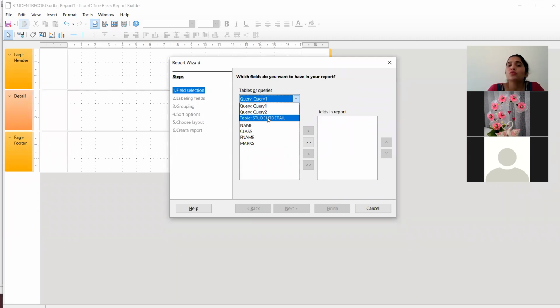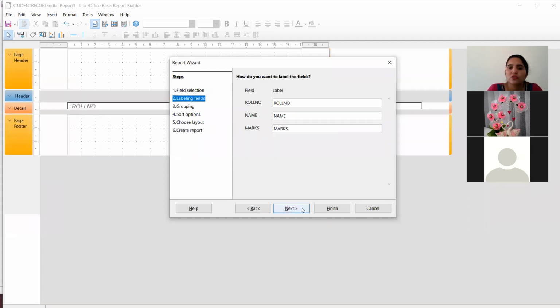Suppose that I want to create the report on student detail table. Now it shows available fields in the table and asks which fields you want in your report. Suppose I need roll number, name and the marks of the students. Only these 3 fields I want in the report.